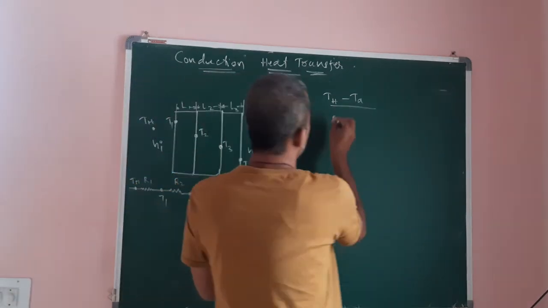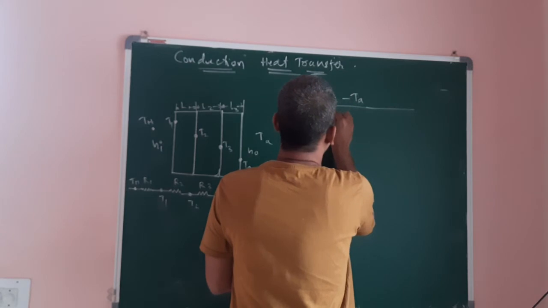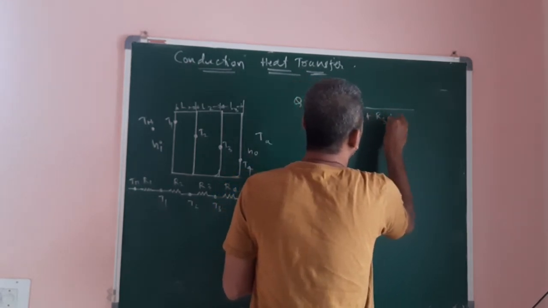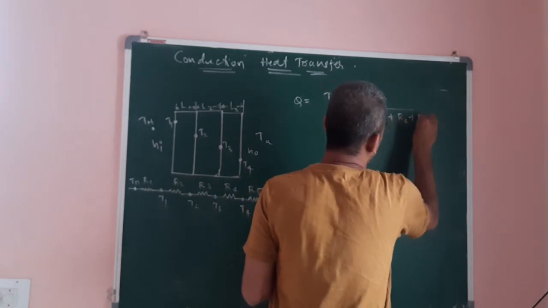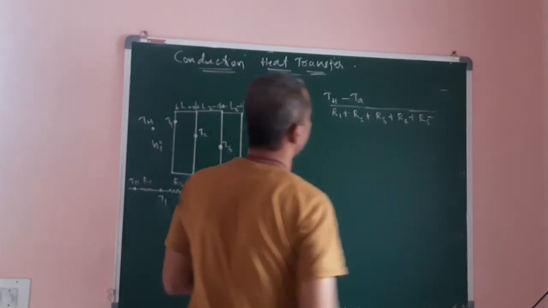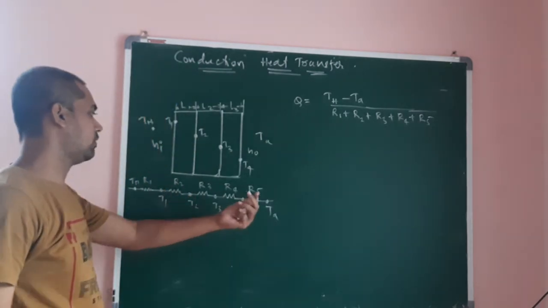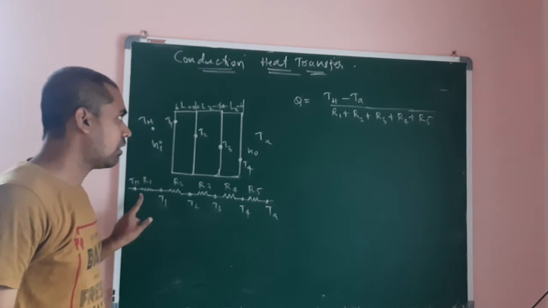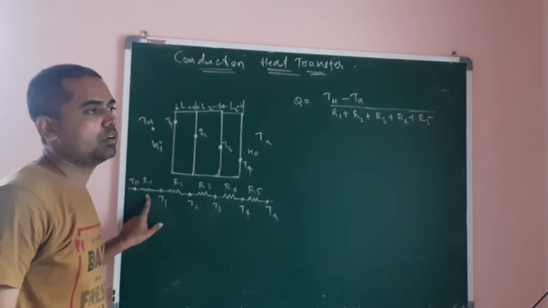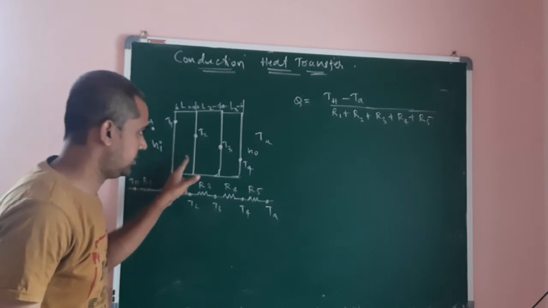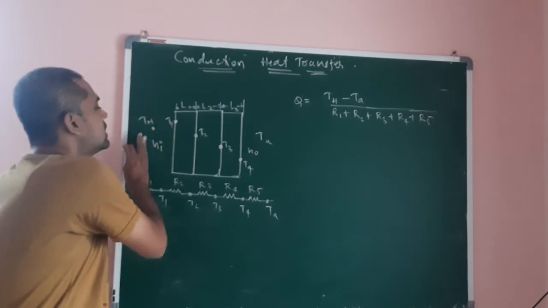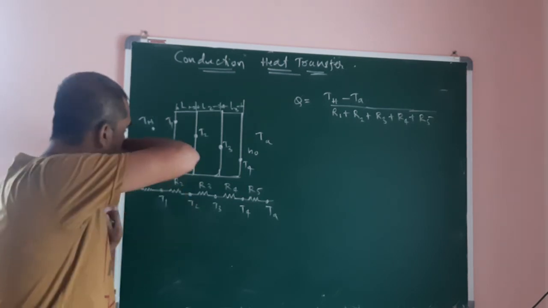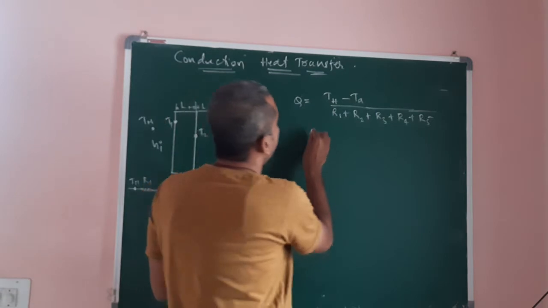Therefore, Th minus Ta is equal to something divided by R1 plus R2 plus R3 plus R4 plus R5. Okay, Th minus Ta divided by the sum of all the thermal resistances. How to find out R1? Is R1 conduction or convection? You have to think. It is convection, because there is gas inside. Hot gases are there, and from those hot gases heat transfer takes place to the surface. Therefore, it is convection.